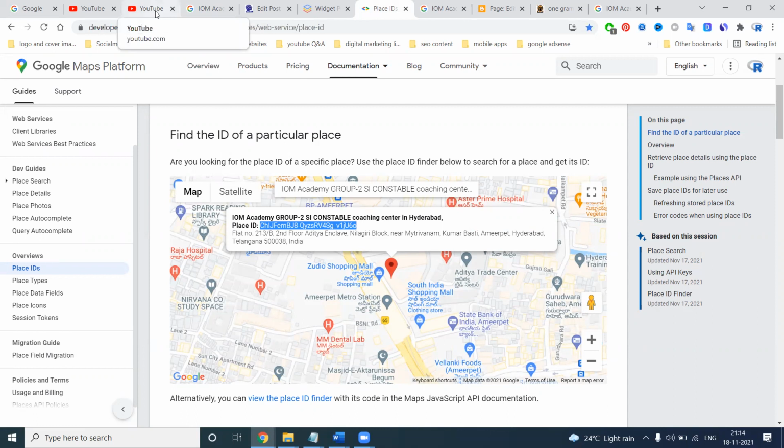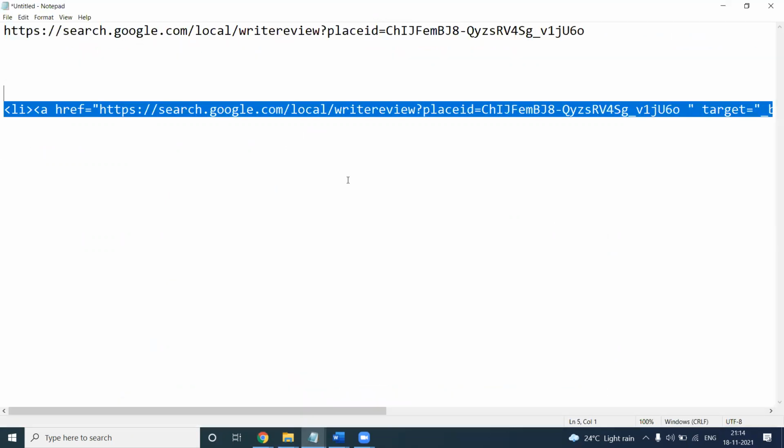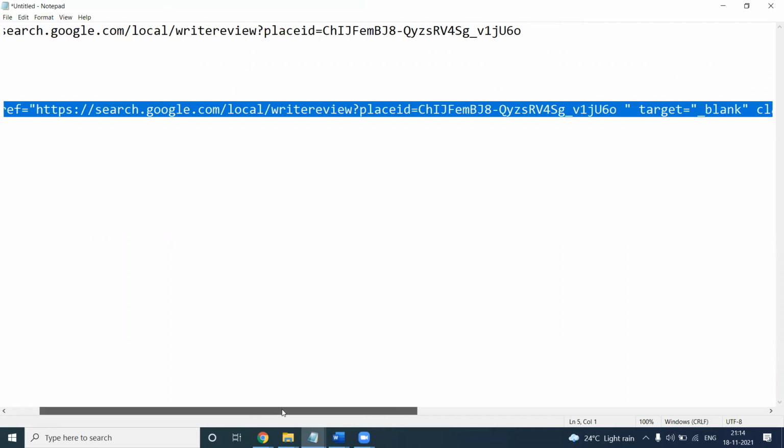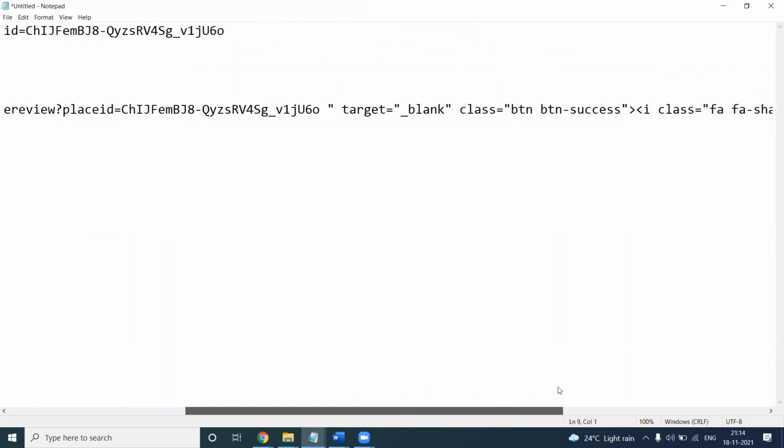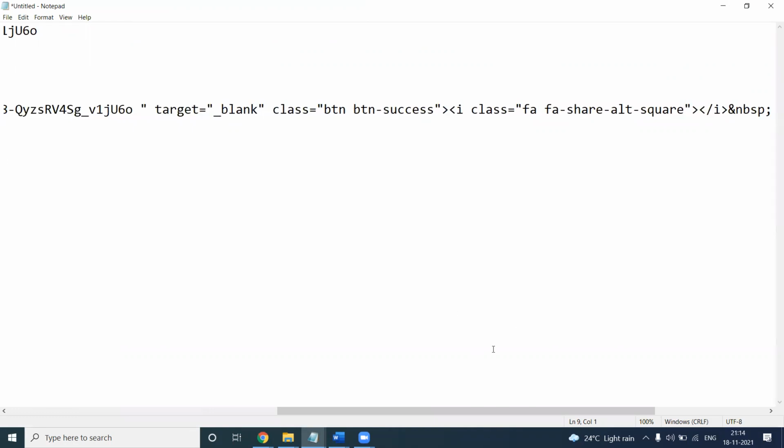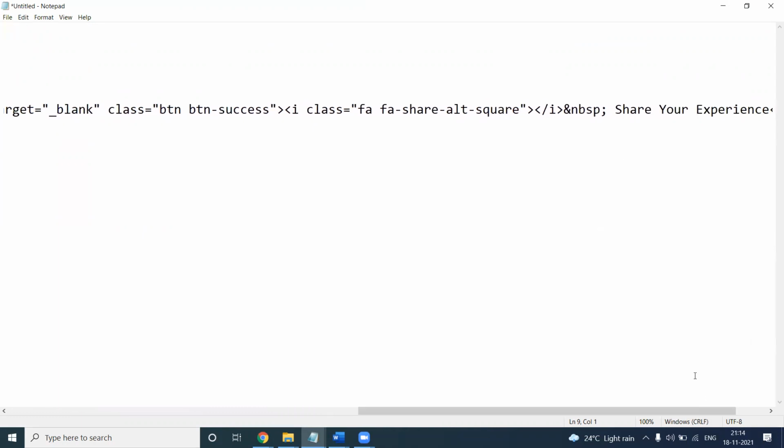If you have any particular questions, you can ask me on my channel. I will definitely help with how to add the code. I'll give these two lines of code in the YouTube description. This one is simple. I'm just targeting my link with the button of success, icon, shade alt square option, which is a favicon. What is my experience? Share your experience. It is nothing but sharing your experience through Google reviews. Remember, only a new user will see the Google review option one time. Is it clear? Any further questions, you can ask me on my channel.